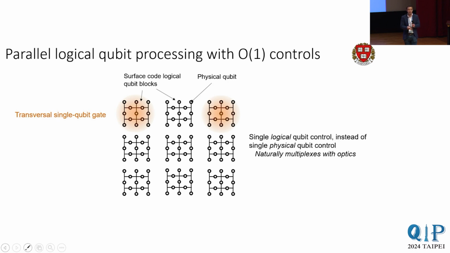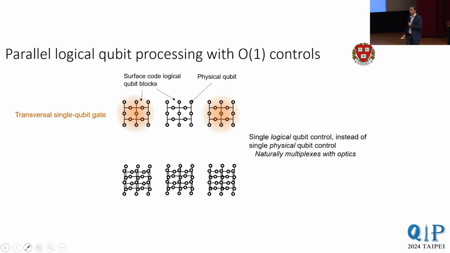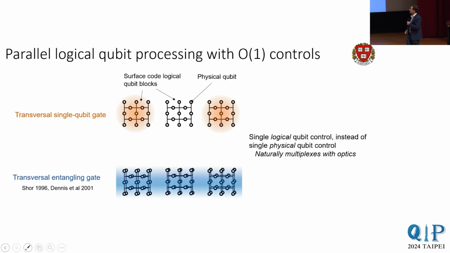All you need to do is effectively take 1 big beam and illuminate your 1 big logical qubit with this 1 big beam. And then in this way, you can do a transversal single qubit gate. With this transversal gate, we just do the same gate on every atom that makes up the logical block. But quite importantly, you can also do this for doing 2 qubit gates. So we can just take these 2 logical qubit grids, interlace them with each other, pulse our 1 global entangling laser, and in this 1 single step, we can do pairwise entangling between all of the different physical qubits of the block and realize a transversal CNOT gate.